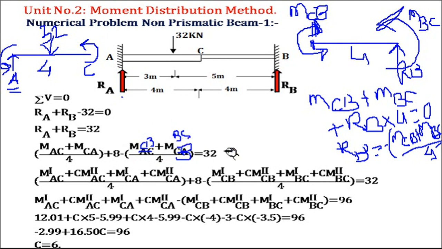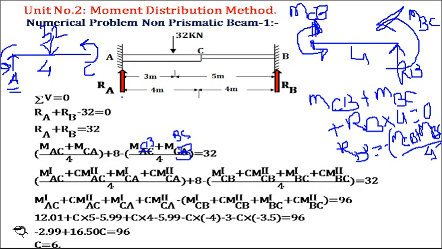Okay, equal to 32. Now here we have found out the value of RA and RB. Now we know the value of EMAC. EMAC is nothing but moment due to non-sway analysis plus C into moment due to the sway analysis in member AC. Now MC is nothing but moment due to the non-sway analysis plus C into moment due to the sway analysis, plus it again for CB, sway and non-sway analysis for BC, moment due to non-sway analysis plus C into moment due to the sway analysis equal to 32.